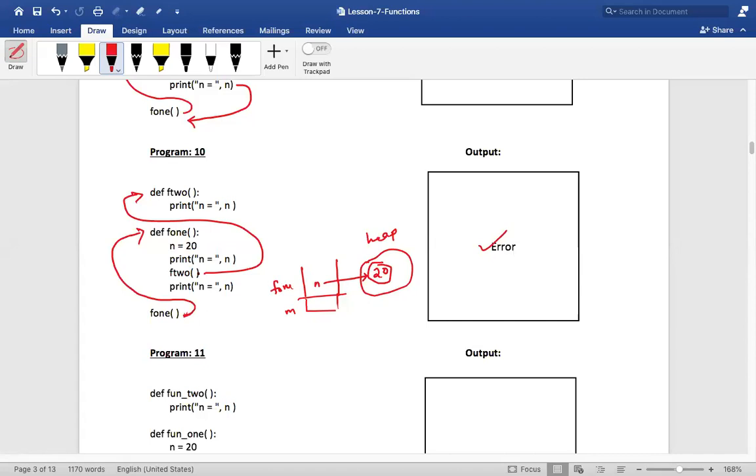Yes. Then I'm calling F2. So on top of this, one more stack frame will be created, yes or no? This is for F2, another context for F2, correct? So I'll come to this F2. In F2, I am trying to print n. Is there n over here? No. It's not defined. That is why you'll get an error. I'm trying to use a variable which is not defined, and that is why I'll get an error. Did you understand this? Yes, sir. Kavya, understood or not? Yes, sir.